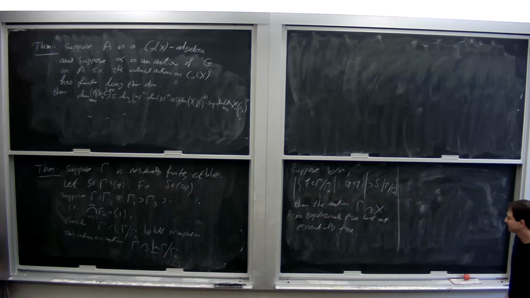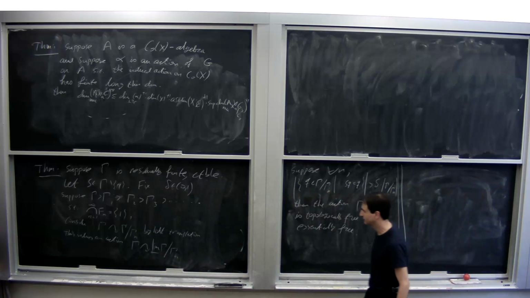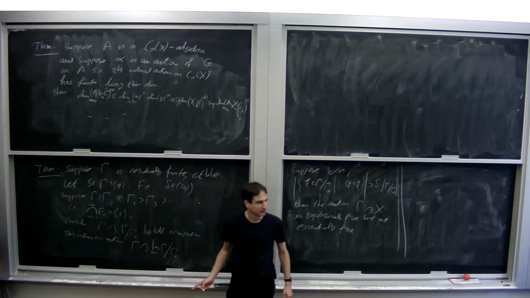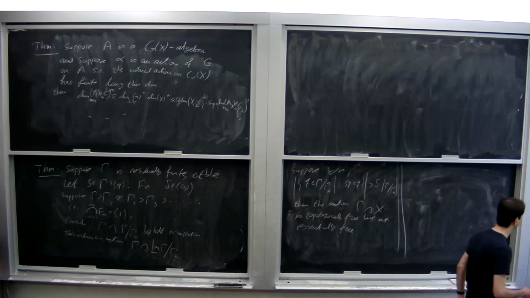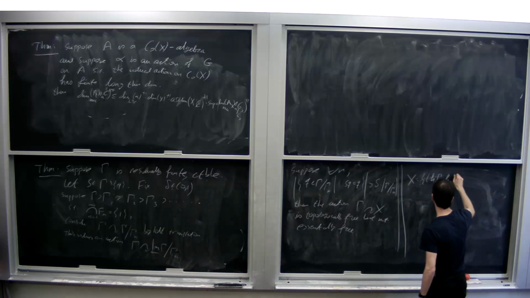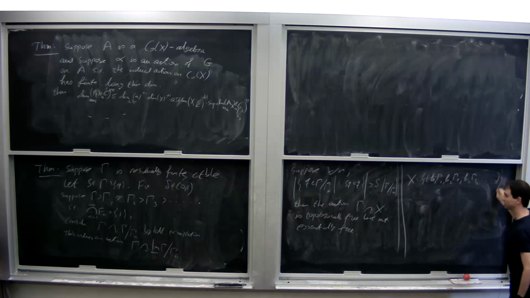Okay, so let's see how this works. First of all, what is this projective limit? Well, you can think of it as a sequence of elements, or rather factors. So this X is things that form sequences. Let's say H1 gamma 1, H1 gamma 2, H2 gamma 2, and so on. So all sorts of cosets.